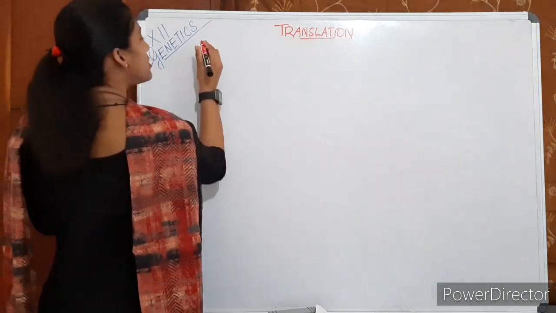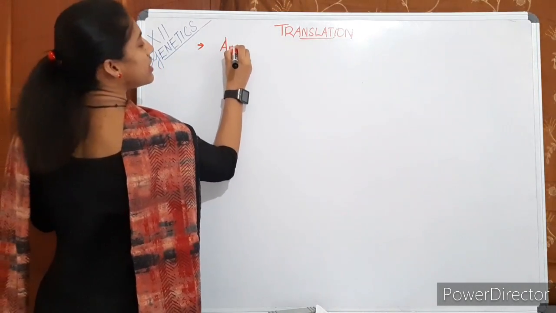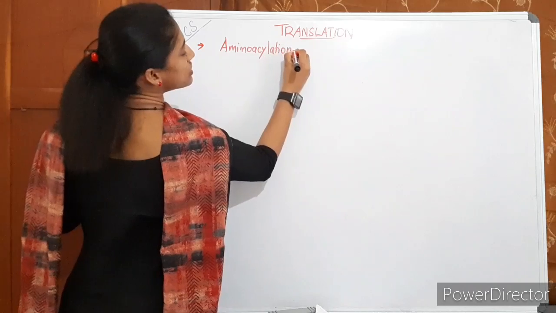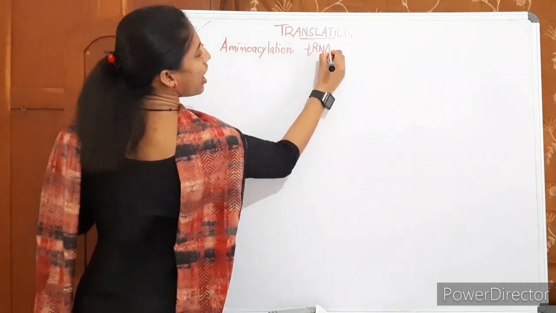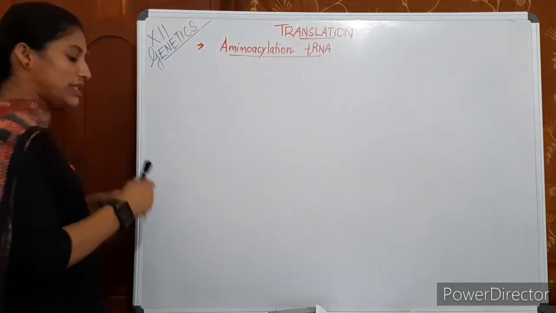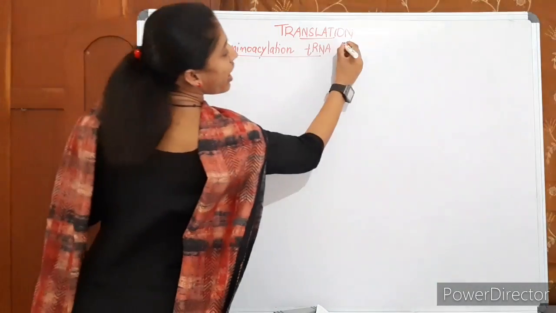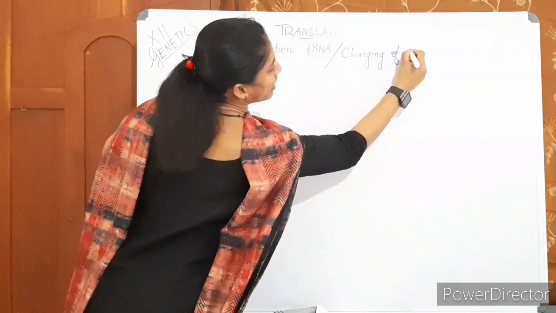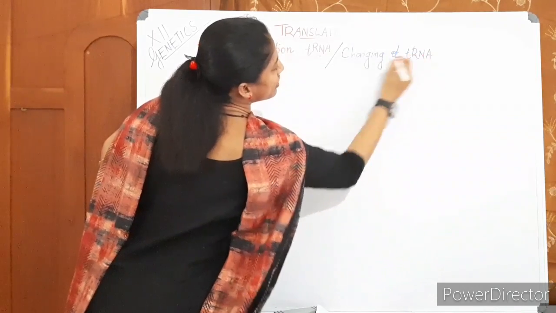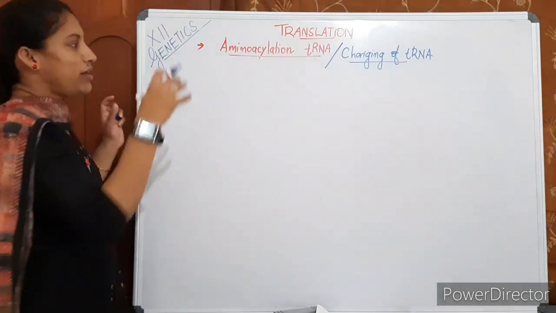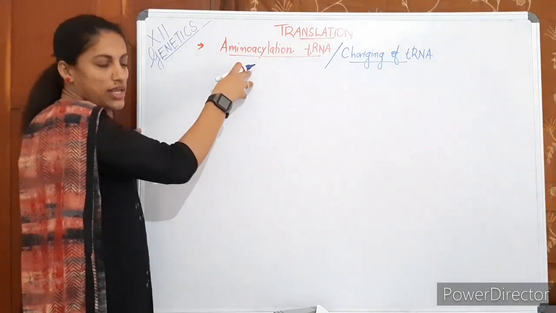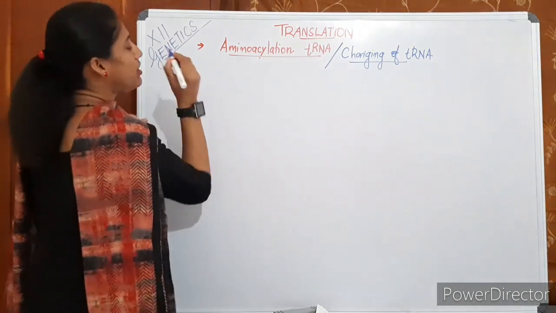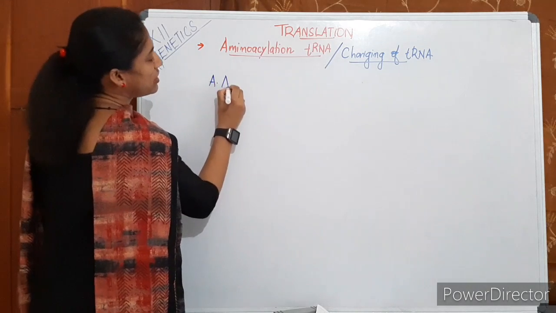Okay, we can call that step amino acylation. The preliminary step of translation is amino acylation of tRNA. Amino acylation of tRNA. The same step we can also call charging of tRNA. Charging of tRNA. Okay, so all of you listen carefully. What happens in the amino acylation of tRNA or charging of tRNA? Here, at first, an amino acid